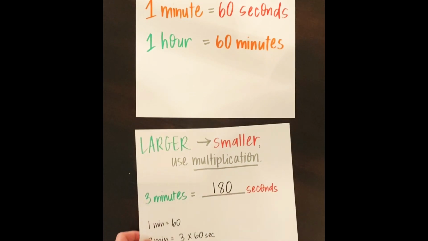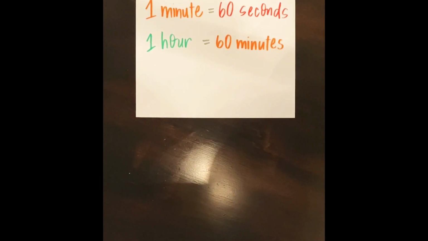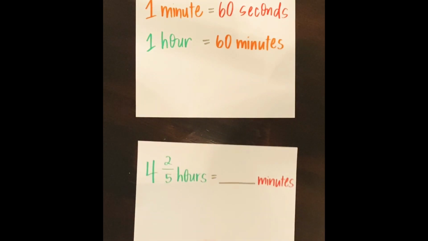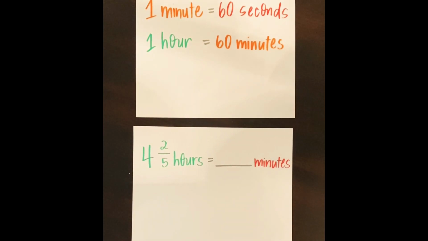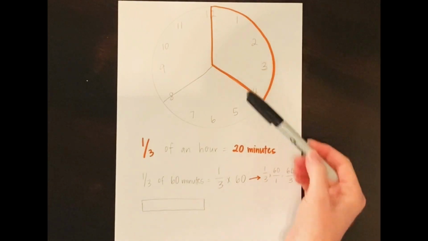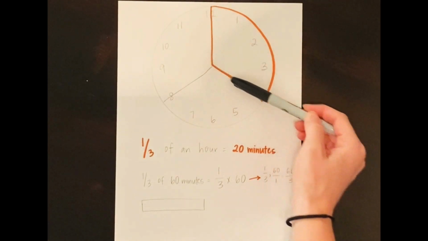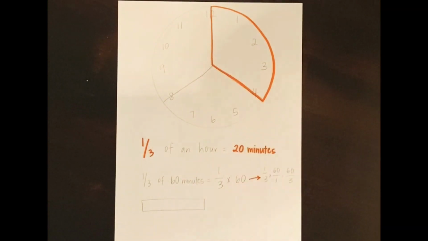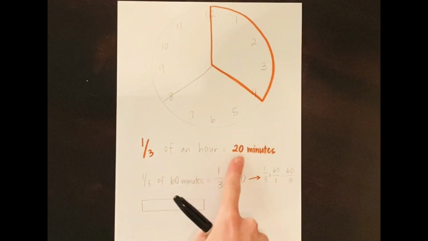Now let's look at fractions of time. So let's say I needed to figure out 4 2/5 hours is equal to how many minutes? So before we even try to figure out something like that, I have drawn a clock here, and I'm looking at thirds of an hour. I went ahead and did groups of 3. So I split my clock into 3 equal sections, and I can see that 1/3 of an hour is 20